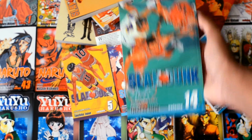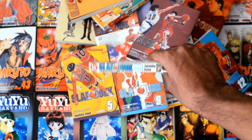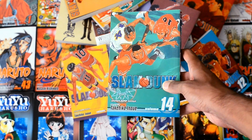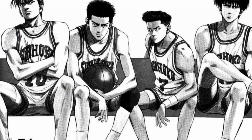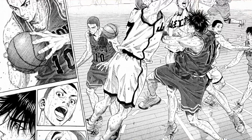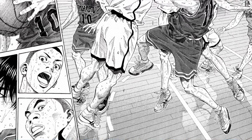And here we have the last volume that I picked up, and that's volume 14 of Slam Dunk. It's awesome. But yeah, one more thing that really appeals to me about Slam Dunk is that there's a lot of sneakers featured in the series that actually exist. In some series the shoes are just random shoes that the person made up. It might be inspired by a real life shoe, but in most series the shoes characters wear are just something generic and plain, just original. But in Slam Dunk, the characters actually wear Air Jordans and Nikes and Asics and stuff,